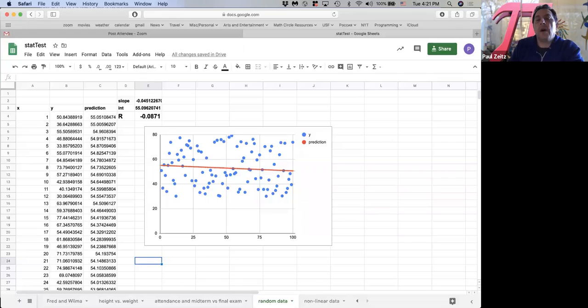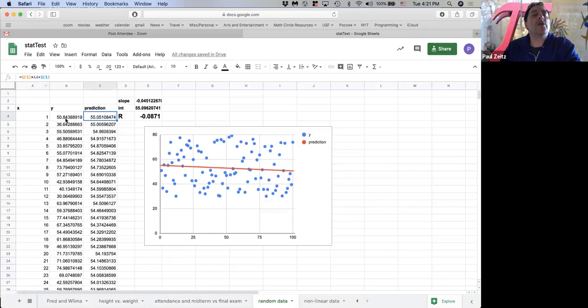And so what I did was I made a table of two variables, X and Y, and X is just numbers from 1 to 100. And so there's the X axis. And the Y values, I used a random number generator, which we talked about in previous meetings. If you look at the code for it, there's the code. It says just take,